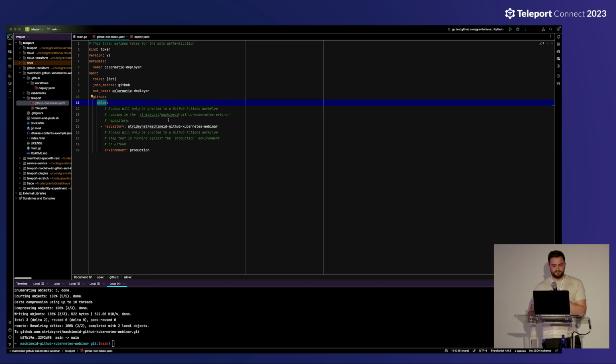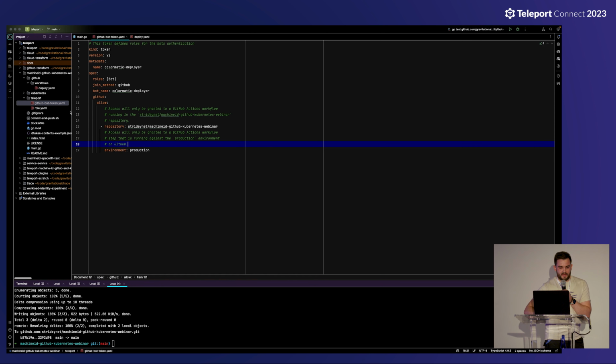Here, we've just done one. I specified the repository I'm expecting the workflow to be running in, and I've also specified that I expect that workflow to be linked to production. This is a feature of GitHub Actions you might not be aware of, but it's possible to essentially link a workflow within your CI to a specific environment, and it allows you to then enforce additional requirements, such as being approved by certain users.